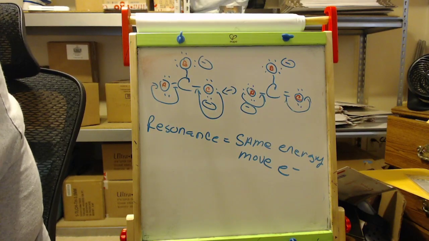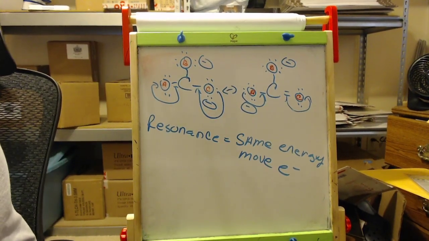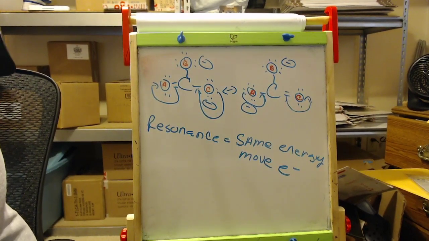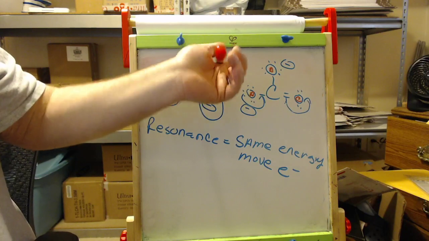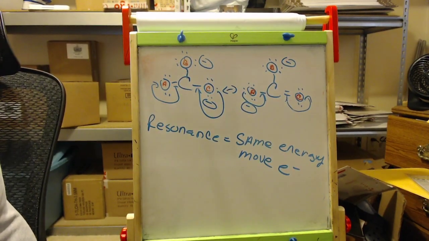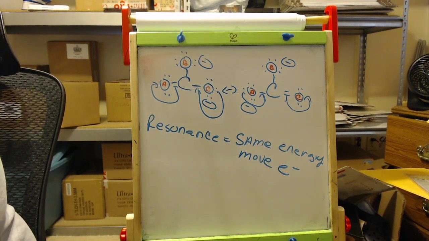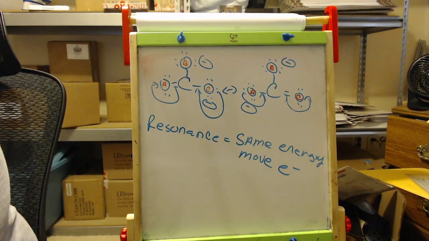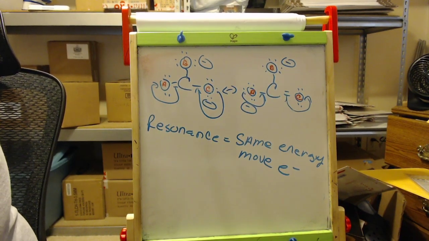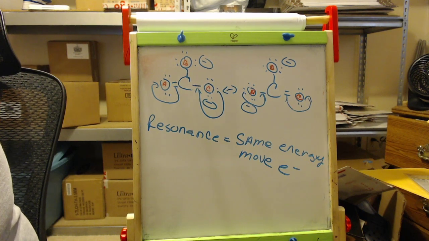Okay? So questions on resonance and Lewis structures and figuring out the proper structure for carbon and stuff like that, because those are some of the questions you're going to see on the exam. How many resonance structures do you expect, or things like that? What's the formal charge on carbon? What's the formal charge on one of the oxygens? What's my central atom? How many total valence electrons should there be? Things like that.